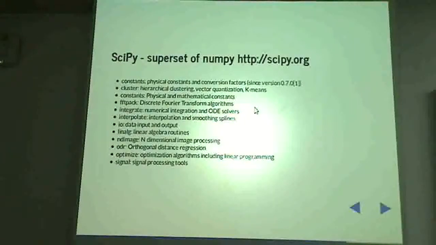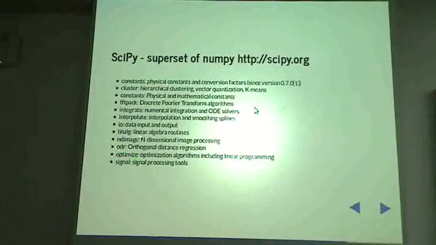And what I have listed here are basically the major sub-packages of the SciPy module. For example, there is a package called Integrate, which does numerical integration and solves ordinary differential equations.